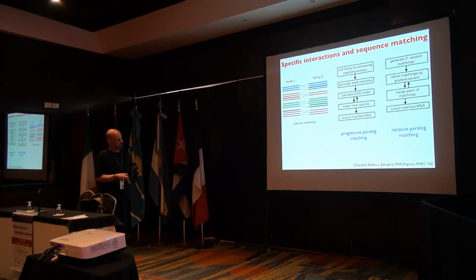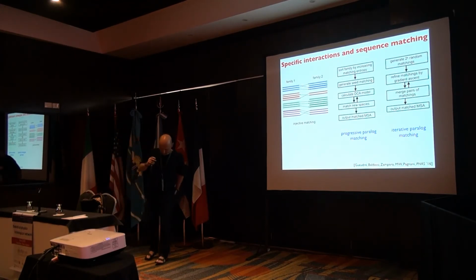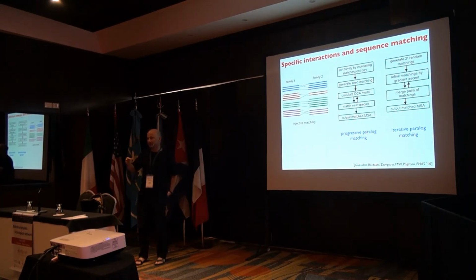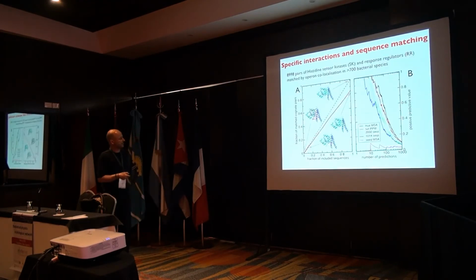And if you want, this is a bit similar to what is done in multiple sequence alignment. So this looks a bit like progressive multiple sequence alignment, but in many cases you can recorrect part of what you have done by taking out species, recalculating them and so on. And you can do some iterative procedure which actually improves the prediction.